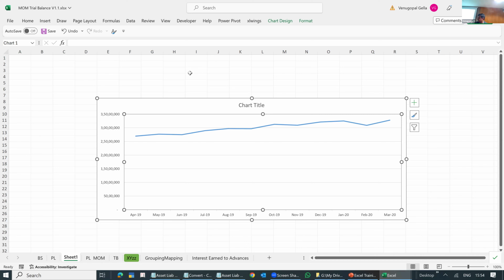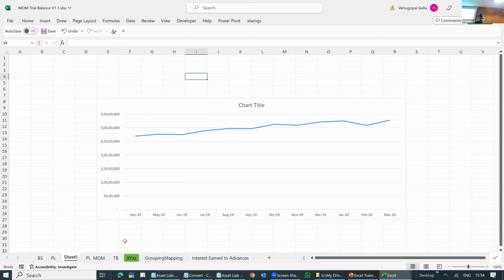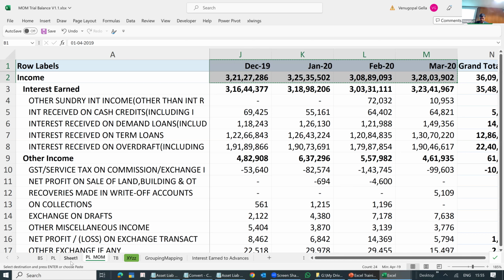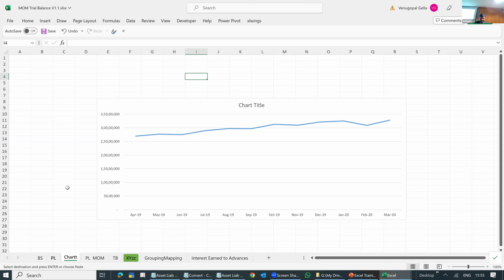I am taking a plain one. I'll rename this chart as income.